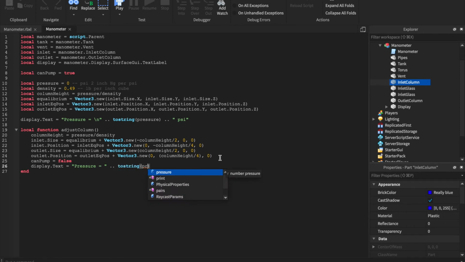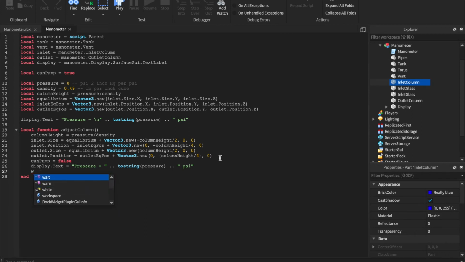Probably should have just copied that, but it's fine. Okay, and we're going to wait 1 second, why not? And we will flip our Boolean again. Okay, and that is all we need to adjust those columns. That's all our math, basically. So, not too bad. Now we need to hook up our